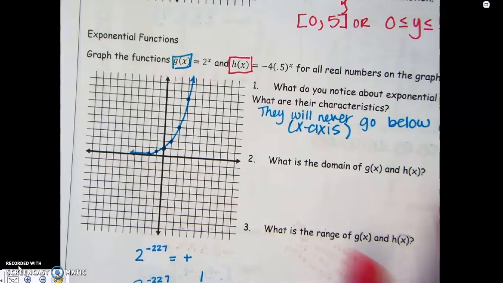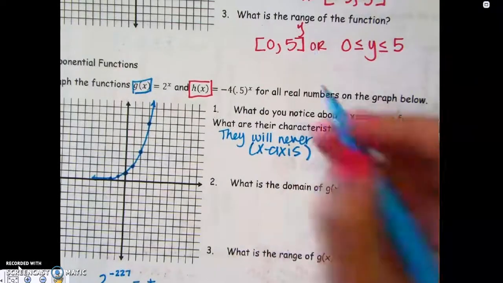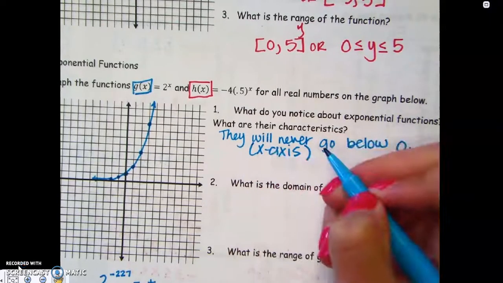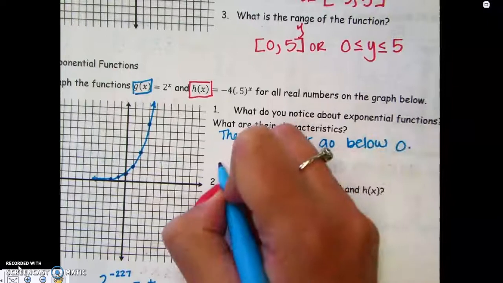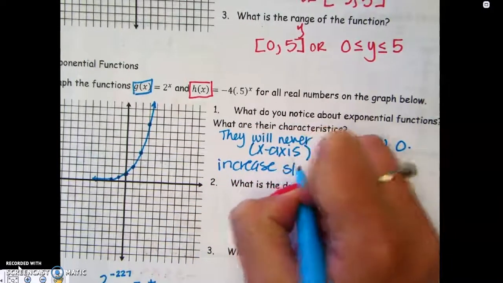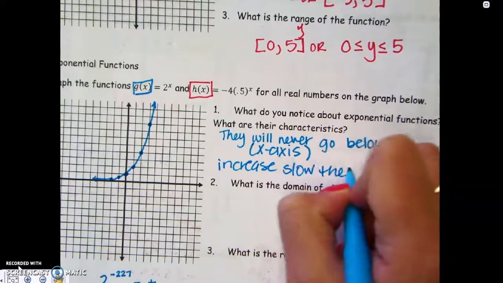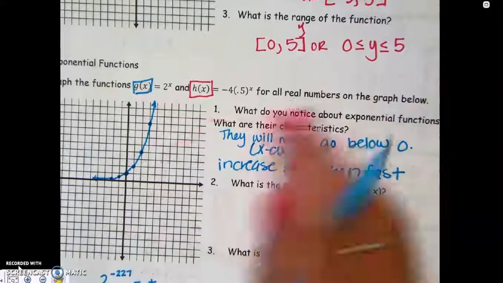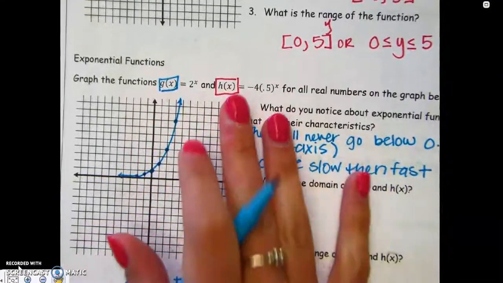Okay, so that's important. Another characteristic about this is that it increases slow and then fast. So this is a growth exponential function. The red one is actually going to be